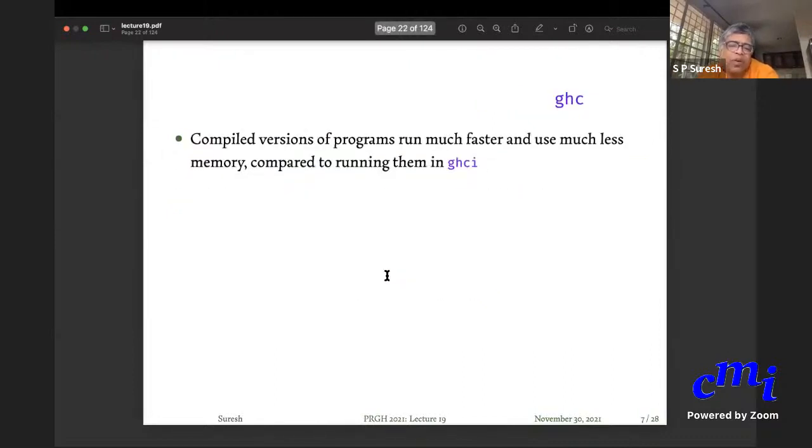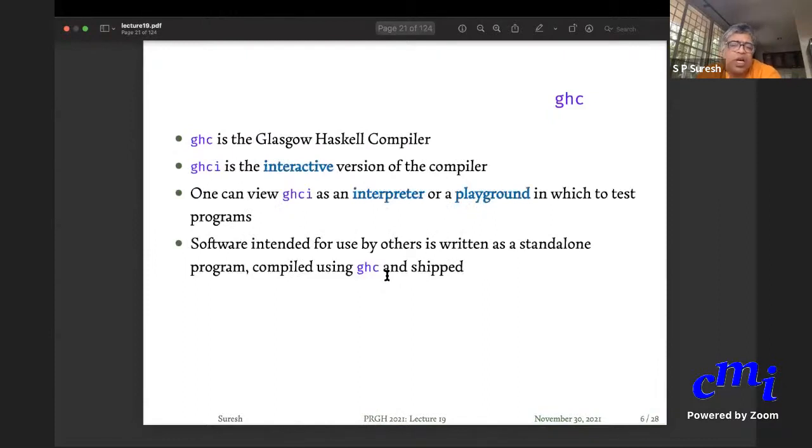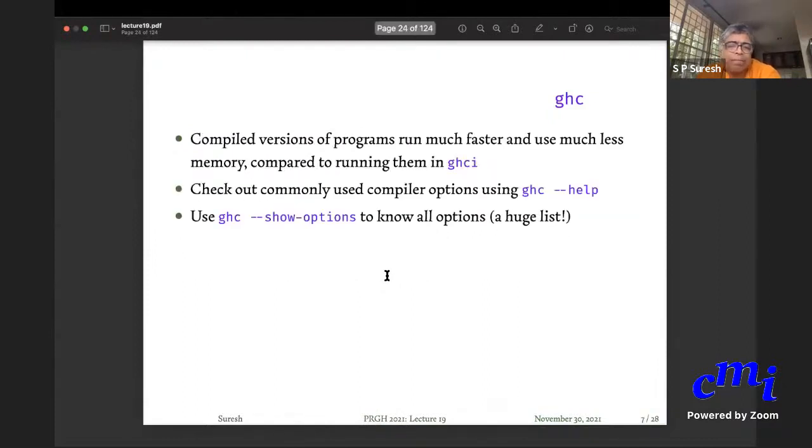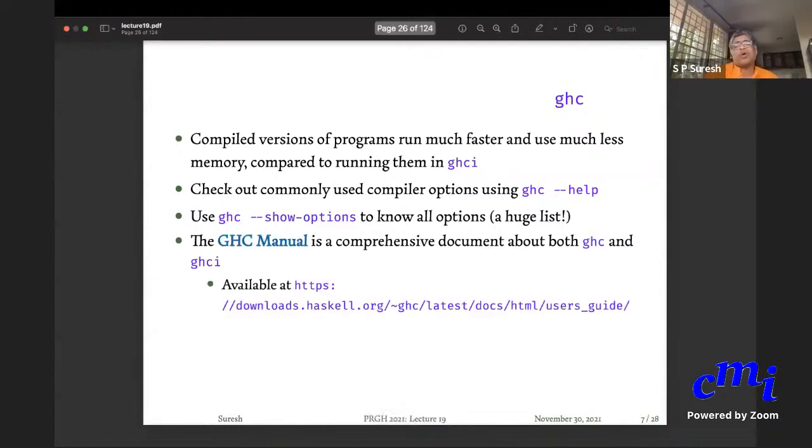And this I have already mentioned, GHC and GHCI, etc. You can check out all the options in GHC by doing ghc --help or ghc --show-options, which will give you a huge list. And if you want, you can go and read the manual at this page.